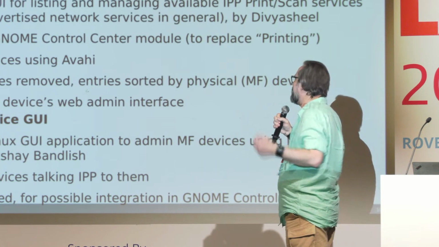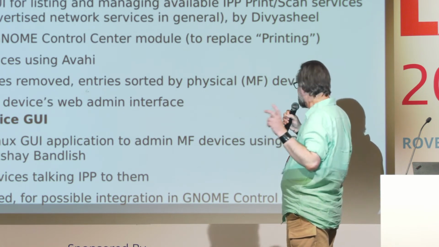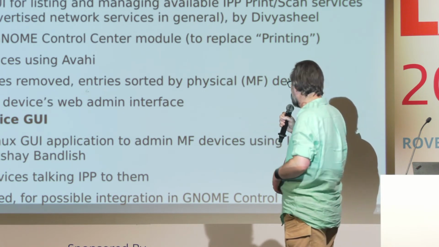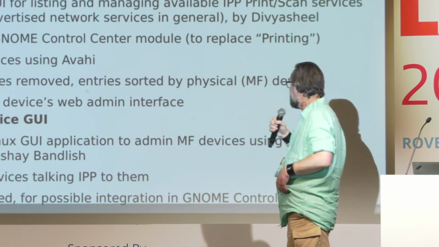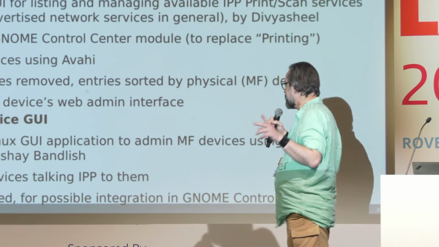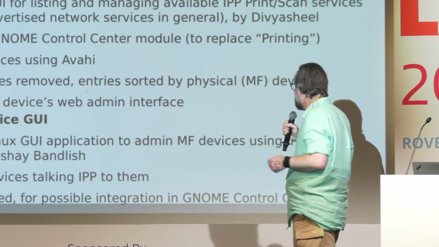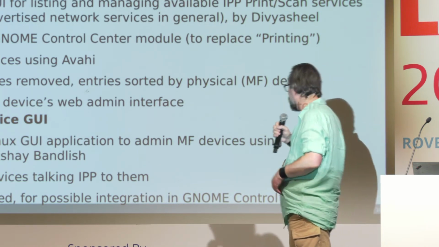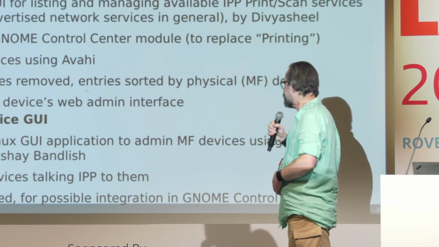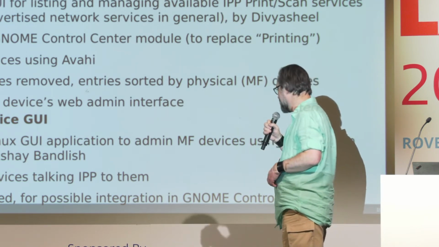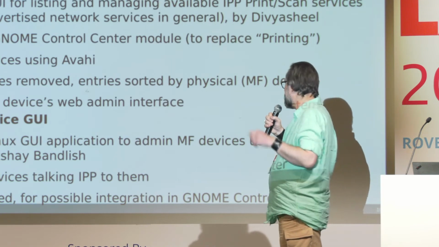It is naturally GTK Plus based and ready for inserting in the Gnome Control Center. It discovers the services using Avahi, and it checks for duplicate entries and removes them so that all is nicely sorted and user-friendly, printer and scanner also together, and has buttons for the